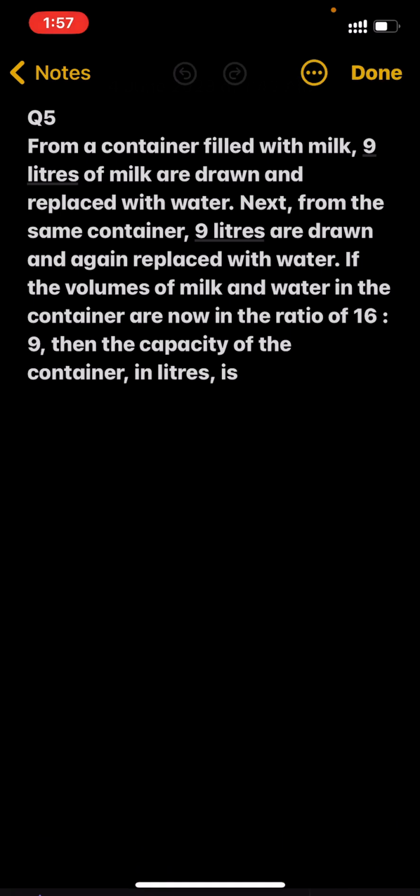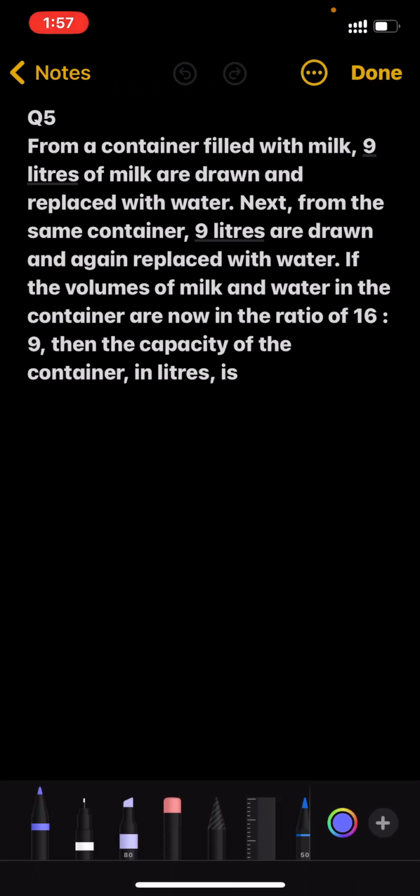A good question. From a container filled with milk, 9 liters of milk are drawn. Container filled with milk to the brim means the container was completely filled. Okay, 9 liters of milk are drawn and the water is replaced in the same container. 9 liters are drawn and again replaced with water. Okay, so you can directly apply the replacement formula as well, but I'll be doing it like this. Let's say the capacity of the container was